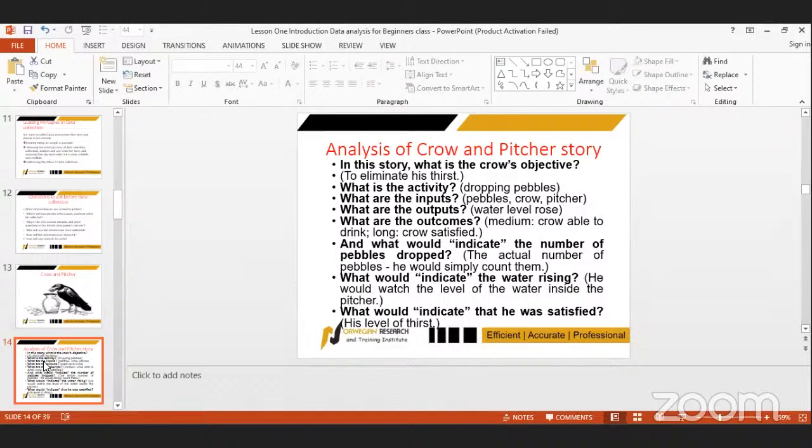Then what are the outcomes? The outcomes are now in the medium term. What was the crown able to achieve? Now in this case, the crown was able to drink water. And in the long term, the crown was satisfied and he was able to fulfill the overall objective. So now when we are designing questions in our questionnaire, or we are conducting an interview,